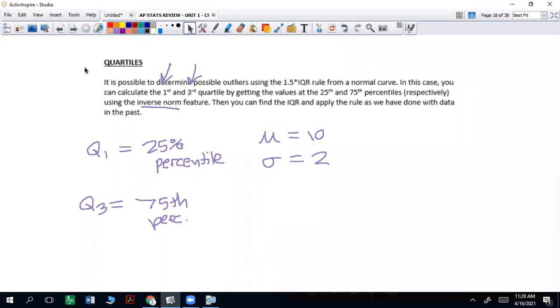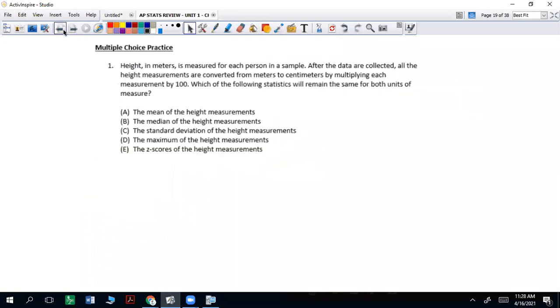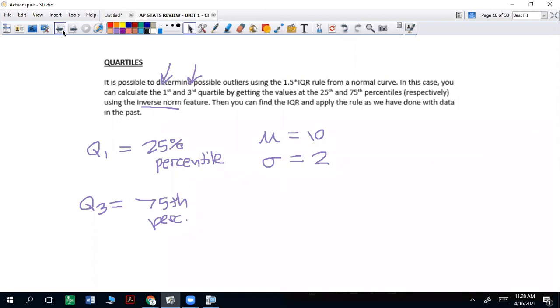That's a lot of information for one little class period, but you'll have some multiple choice questions. This one is the biggest of the multiple choice questions, just to give you a heads up here. I'll get these started copying this afternoon and getting these ready for you. Message me or stay on later if you want to work out how to get these in your hand. I want to get not just the first packet, but all of them with you so we don't have to keep doing this every time. So hopefully you got some good information. I'm going to stop the recording and I'll share this recording so that way